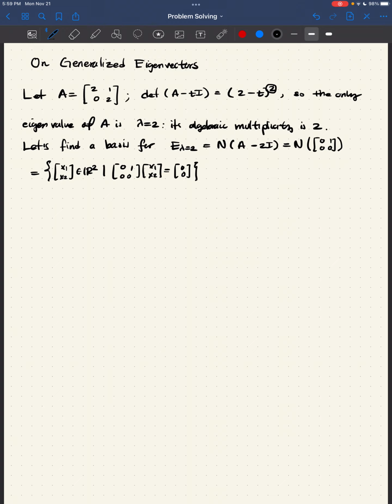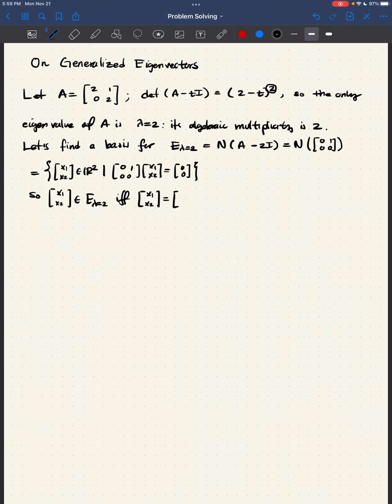Careful analysis of this set tells us that a vector is here if and only if we can write x1, x2 simply as,